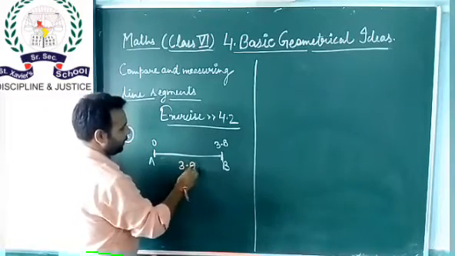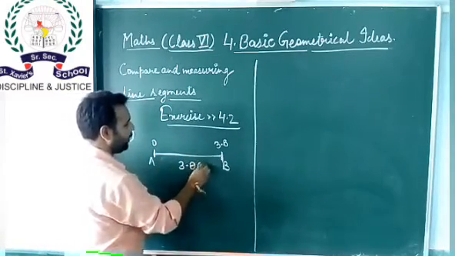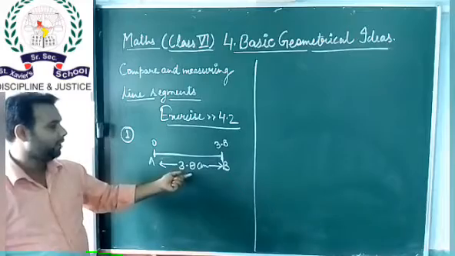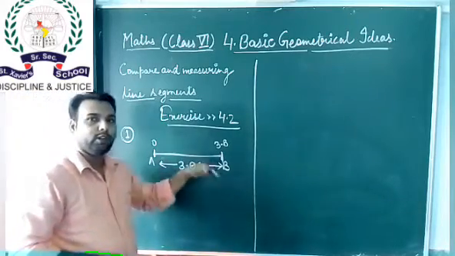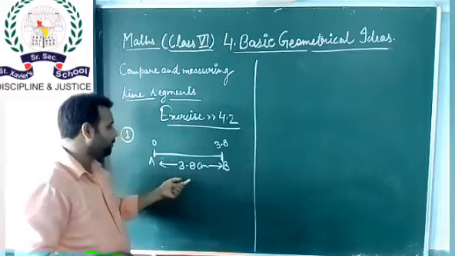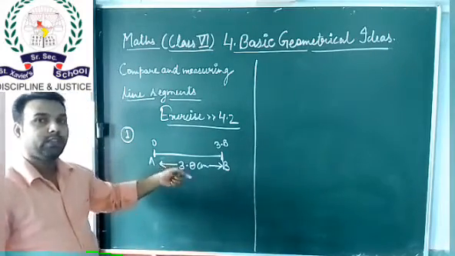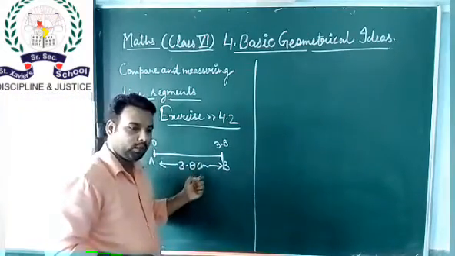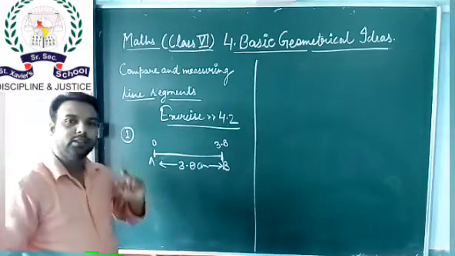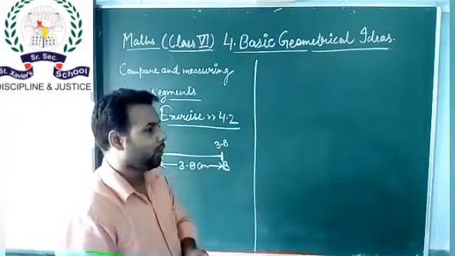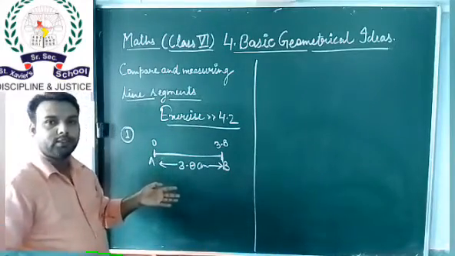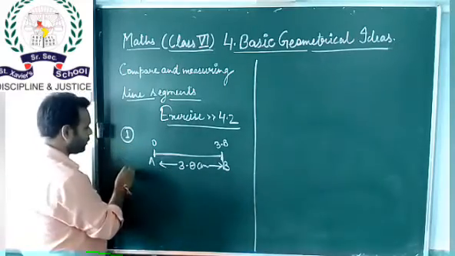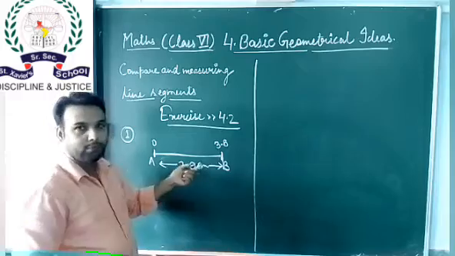then it means the length of AB is 3.8 centimeter. Right, here the length from A to B is 3.8 centimeter. First you have to measure this line segment from your book, then you have to draw it in your copy. Okay. So in question number 1 and question number 2, different types of line segments are given, and you have to draw these line segments in your copy, measure them and write their measures also. Draw and measure it. Okay.